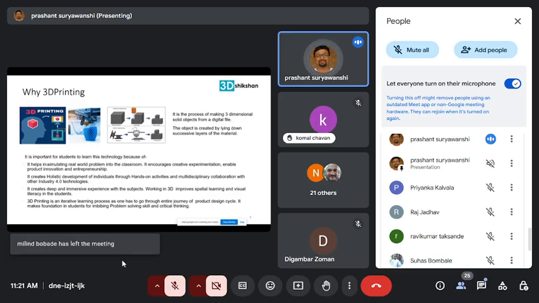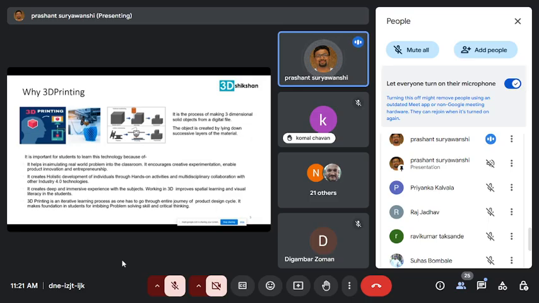So 3D printing actually helps students, and particularly even faculty, to simulate this real problem in the classroom. Because there are many students, I think in my intro, one of the things is that I was volunteering at the Law Foundation. The Law Foundation is basically our CSR entity, where there is one program called Made in 3D.